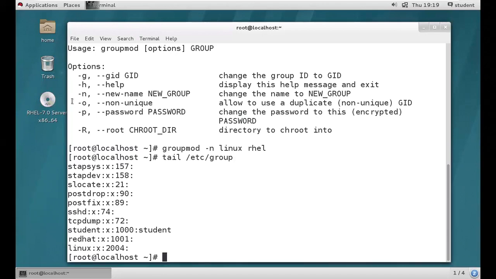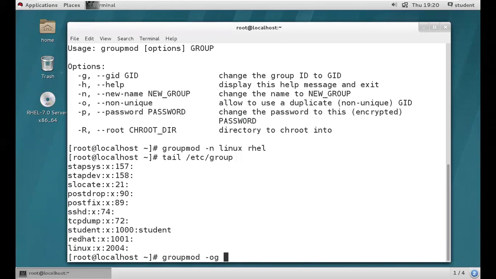So we have one more option called -o. Most of the people don't know about -o, how to change to a non-unique group ID. So now let's see here. groupmod is the command, -o and -g, both. OG. OG means it's not a Pawan Kalyan movie, okay? Only South Indians know about OG, okay? One hero, guys, Pawan Kalyan, that guy's movie. Now he's a deputy CM for Andhra.